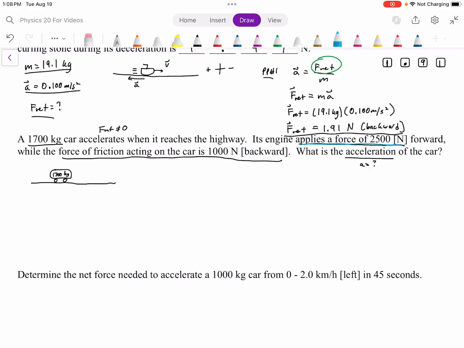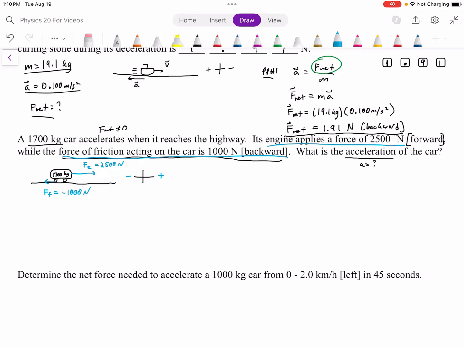So the engine applies a force of 2,500 newtons forwards, so we'll call that Fe for engine. And the force of friction is 1,000 newtons backwards. So smaller, but backwards, against motion. That makes sense. Friction is always against motion. Now I got to be super careful, right? These are vectors. Vectors in opposite directions need opposite signs. So I'm going to call this negative 1,000 newtons because I'm going to define forwards as positive and